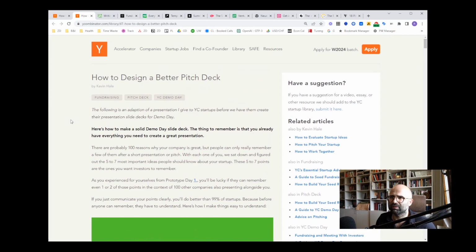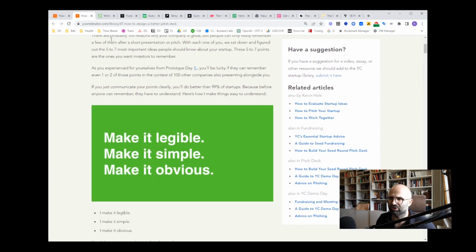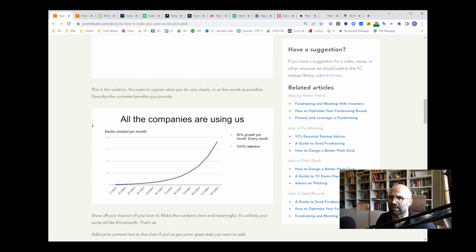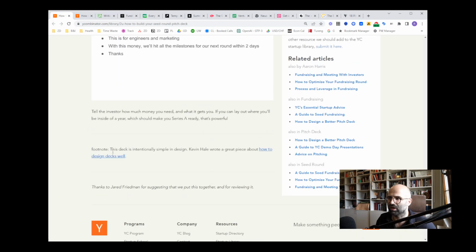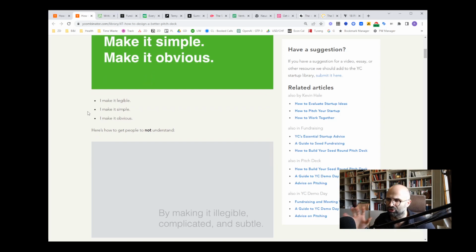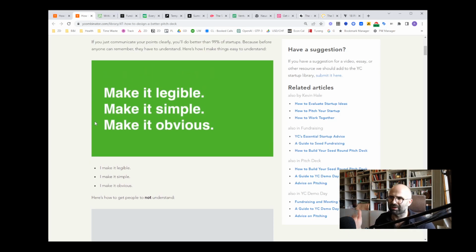Now, this is a second post from YC that talks about design. You can actually find this. I only found this recently. It is linked at the bottom of this page here. He says that Kevin wrote how to design decks well, so you can click through to here and you'll find this post. And without going too much into detail, the key point from a design perspective is just make it